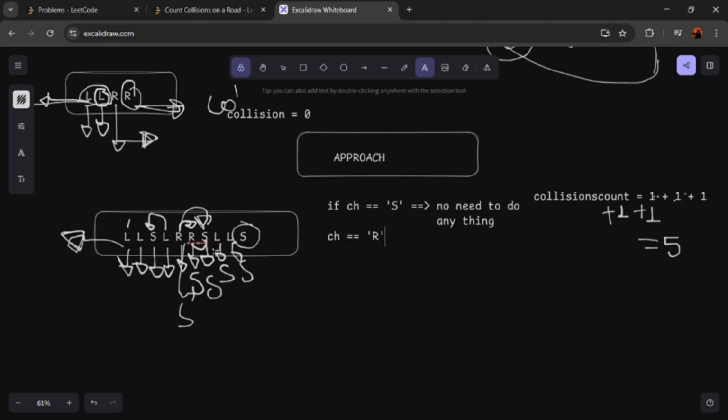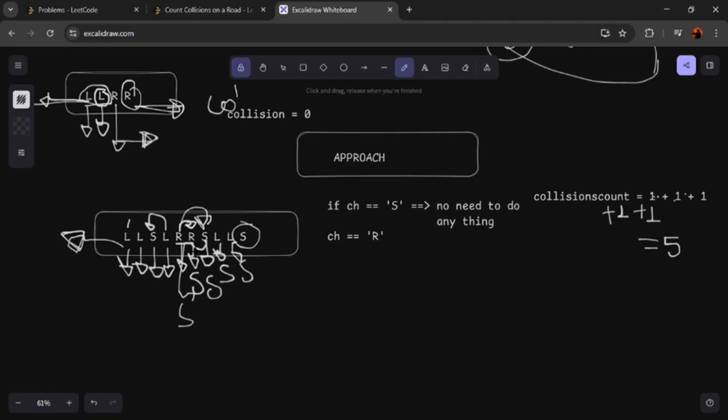whether there is any car which comes toward this car, meaning any car which comes in the opposite direction, or any stationary car. We have to see. So if we find that there is a car which comes from the opposite side of this car, then we have to add to this collision count. But look here, we can see that there is a right side car which comes to the right. So here we can find that this right car